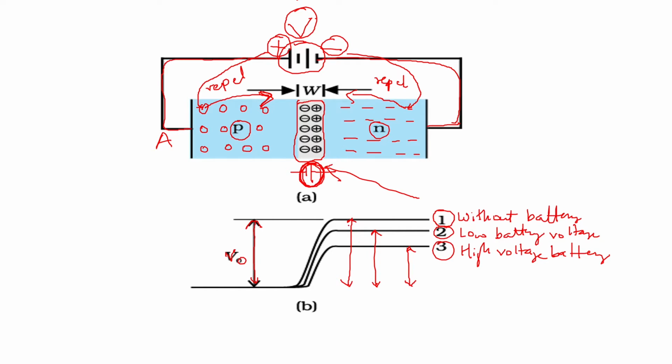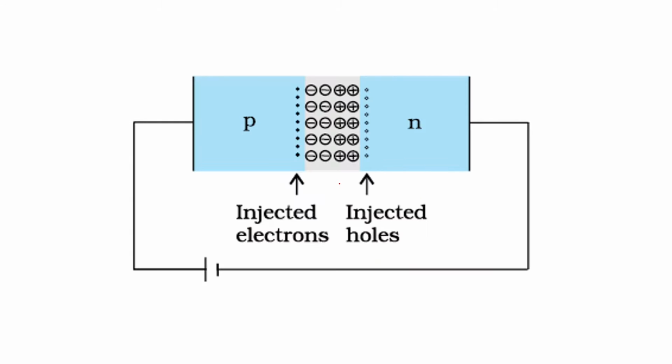Now this gives the voltage which is formed because of the depletion region. Clear? That is the opposing voltage for the applied voltage, because the applied voltage has to overcome this opposing voltage, and only then can the charge carriers from the P side go to the N side, and the charge carriers from the N side go to the P side, and we can say that the diode is conducting, the current is flowing through the diode. As you increase the applied voltage, the movement becomes more and the current goes on increasing. Now there is one more term which you should know, injected minorities. Clear?